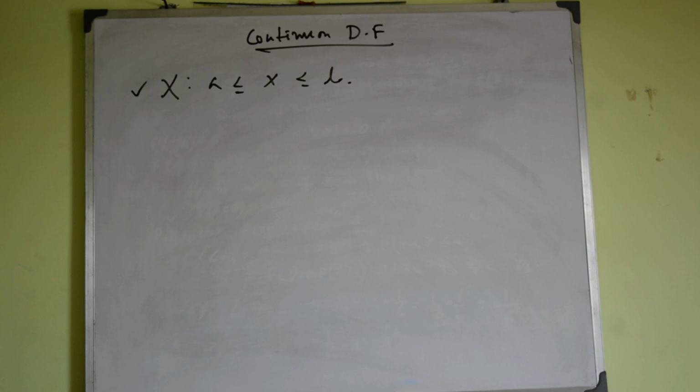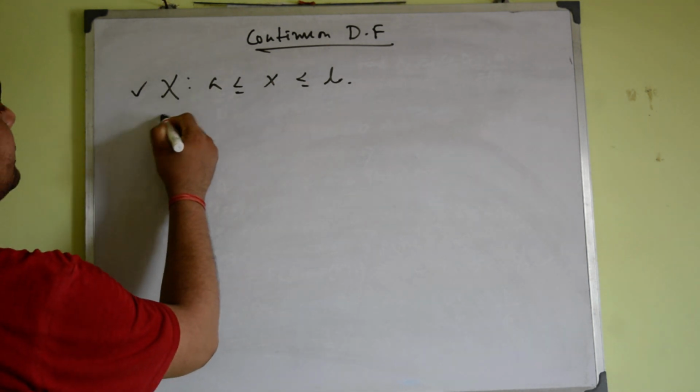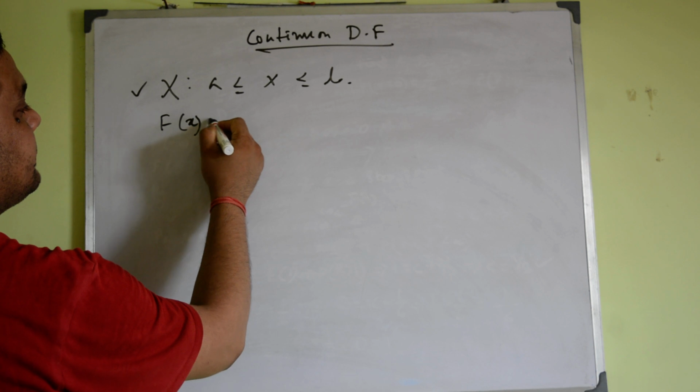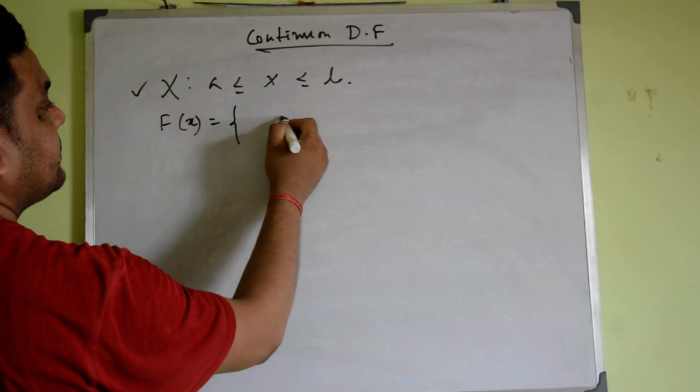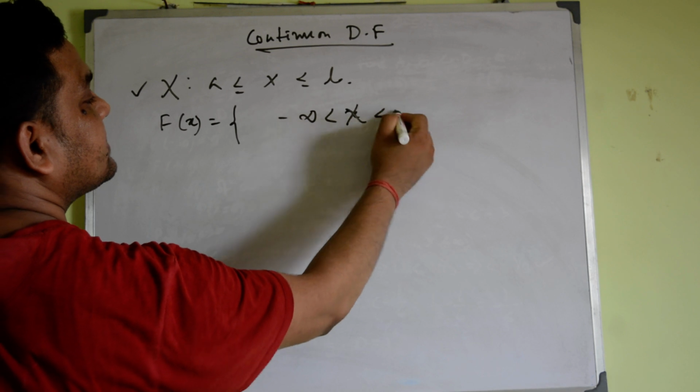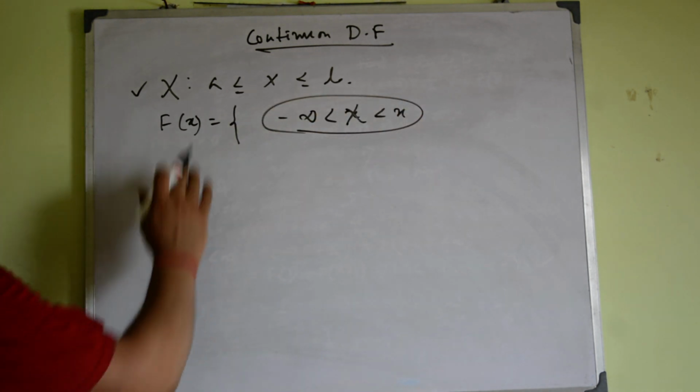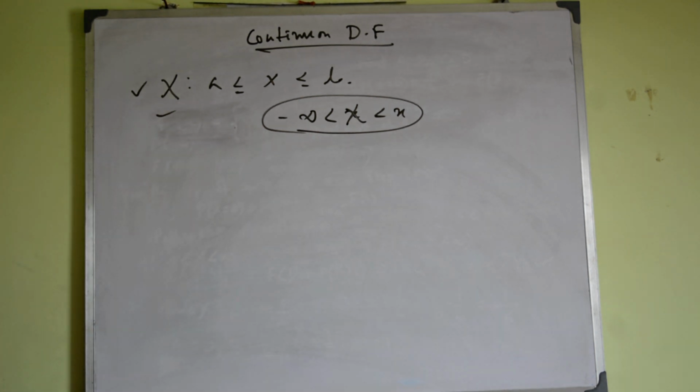When the random variable is a continuous random variable, the distribution of that random variable capital X is said to have a continuous distribution if the distribution function is continuous throughout the interval from minus infinity to small x. Within that interval the function becomes everywhere continuous, then we can say that is our continuous distribution function.